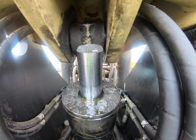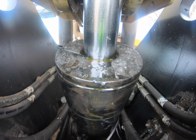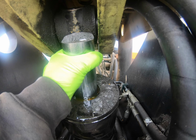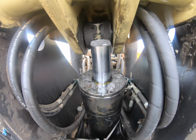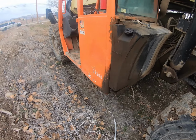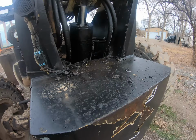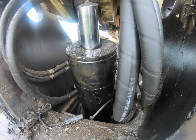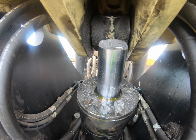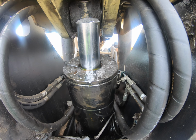Well, here we are, broken, a nice snapped off comp cylinder, just puking oil out. They snapped the comp cylinder on this JLG G12 55A, probably 3 weeks ago. There's a few different causes why they snap, but either the